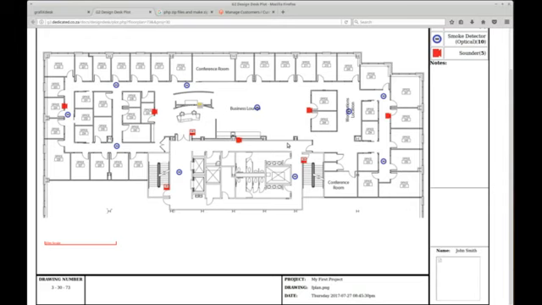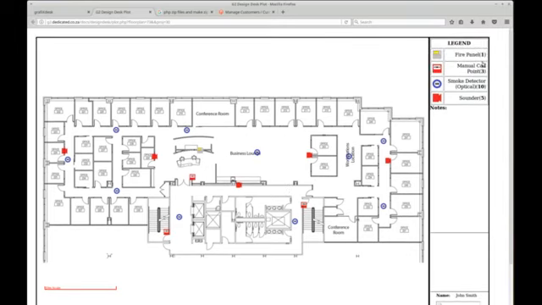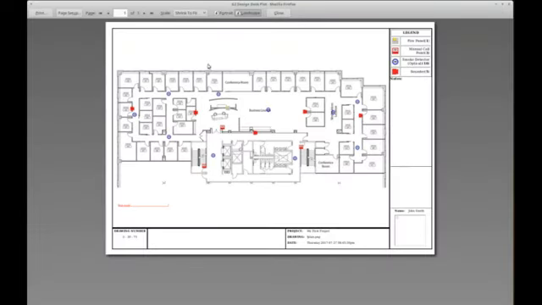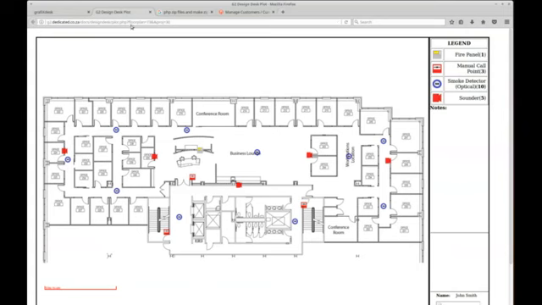In the legend it only has the items that are in the drawing, so we don't have busy legends, and in brackets it shows the total quantity in the drawing of each of these items. If we go to print, on the print preview you see it automatically scales it perfectly to your paper for you. We can close that window and go back to the main